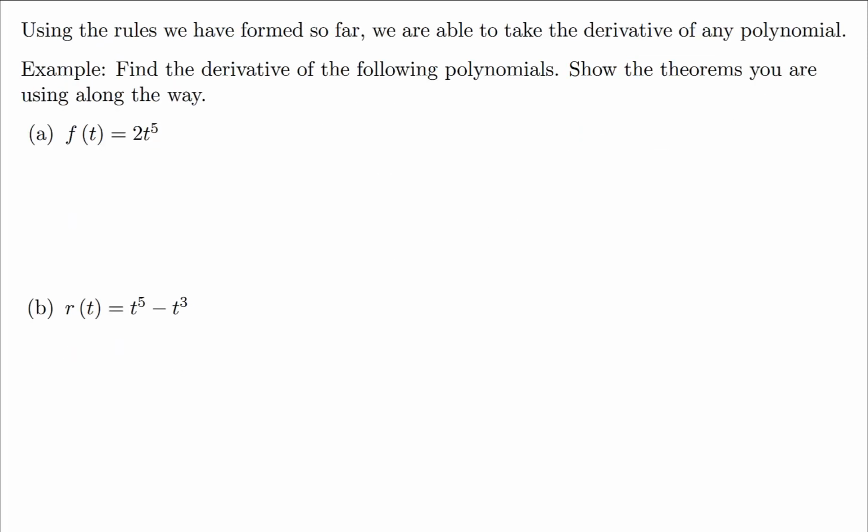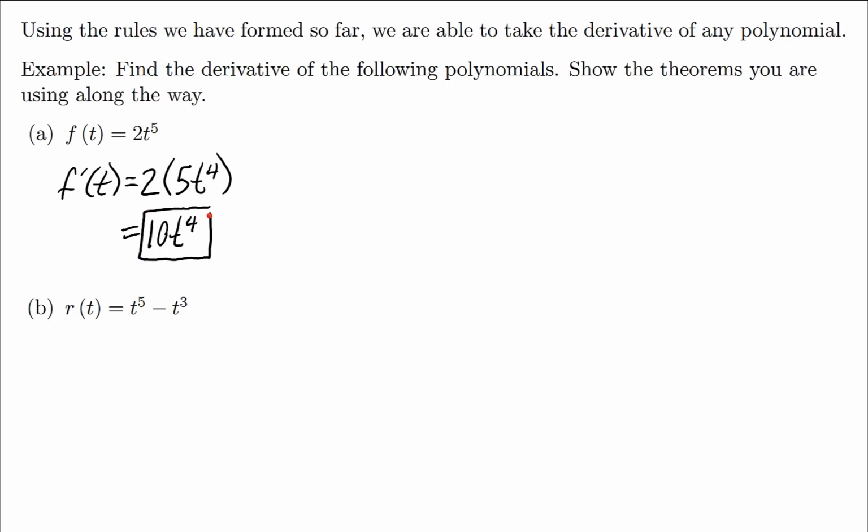Now that we have these various rules, we can actually take the derivative of any polynomial. Let me demonstrate how. So for this one, we have f prime of t. And remember, a constant multiple is one that we just leave in front, and then we'll take the derivative of the variable part. So leave the 2 in front, and consider the t to the 5th. I'll bring the power to the front, and then subtract 1 from the power. And so then what I would do to finish this is multiply 2 times 5 and get 10 t to